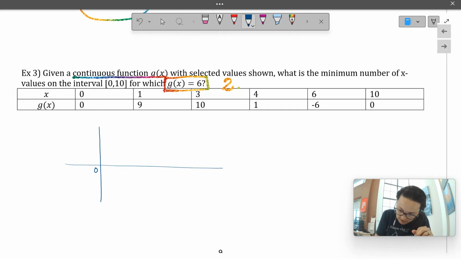So I have g of x from 0 to 10. At 1, we equal 9. This is not drawn to scale. At 3, we equal 10. At 4, we equal 1. At 6, we equal negative 6. And at 10, we equal 0. Oh, I forgot to plot 0, 0. If I were to connect the dots here,